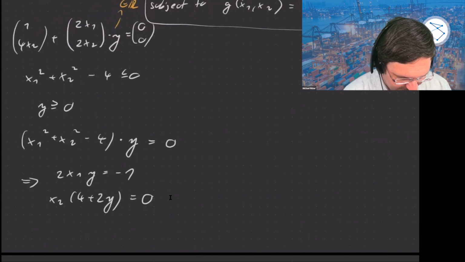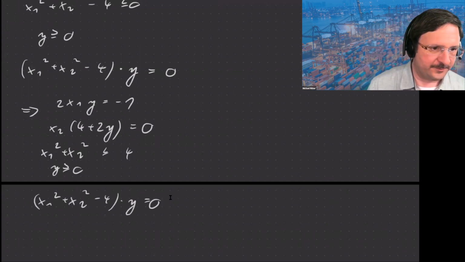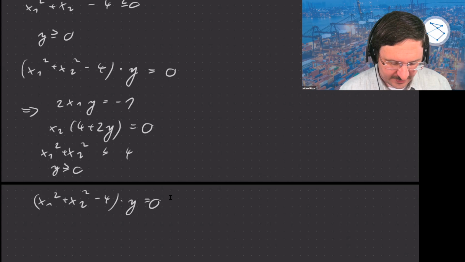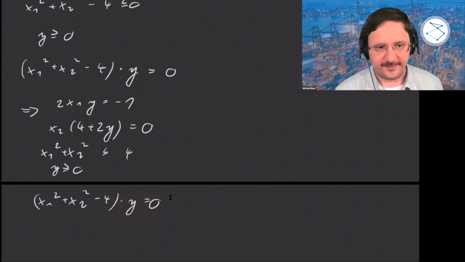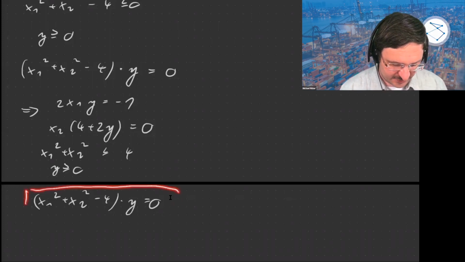And then, of course, we'd have x1 squared plus x2 squared less or equal to 4. We have y greater or equal to 0, and we have the complementarity condition -1 times 0 equals 0. And now what we usually do is we consider different cases for the multipliers here, for the y. Namely, the cases that y may be 0 or non-zero, because if it's non-zero, then we can use this condition